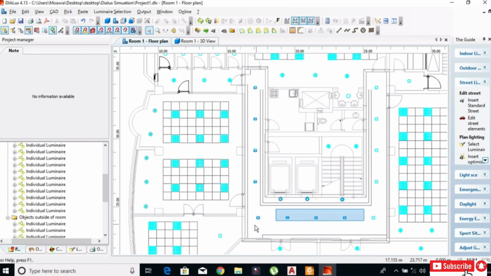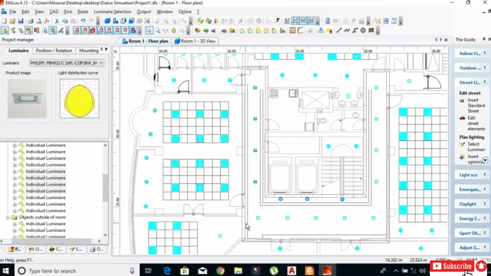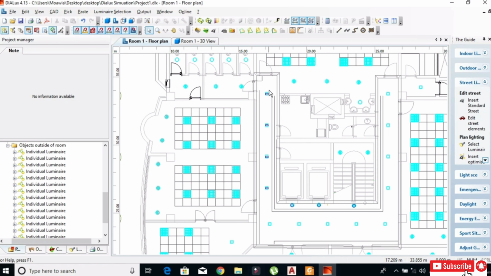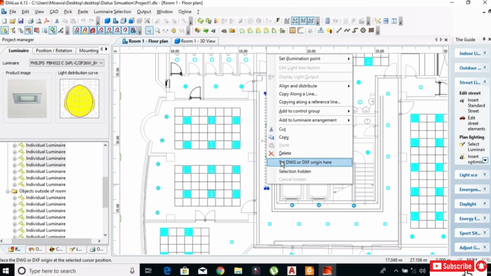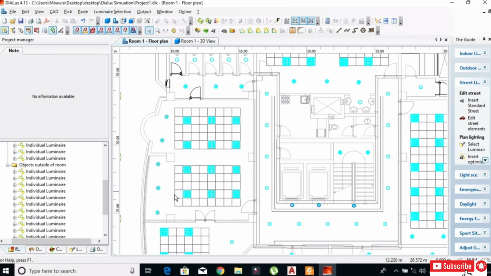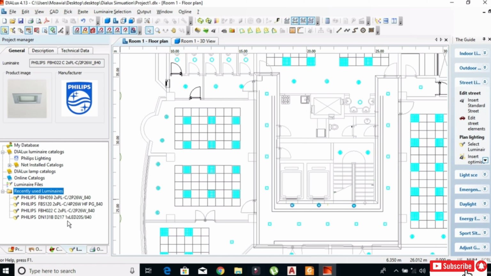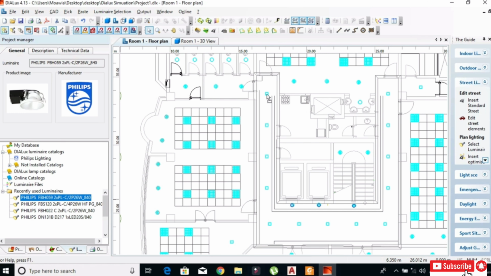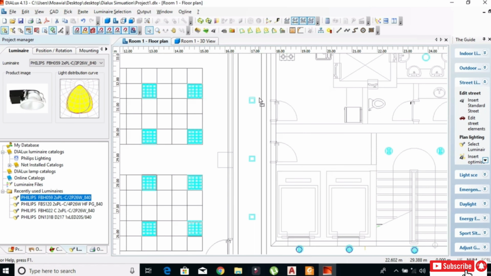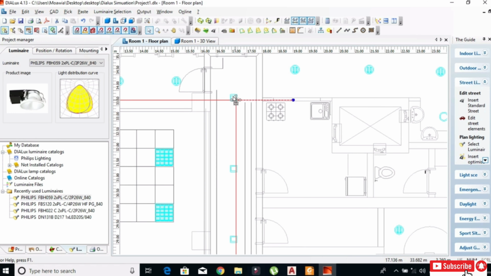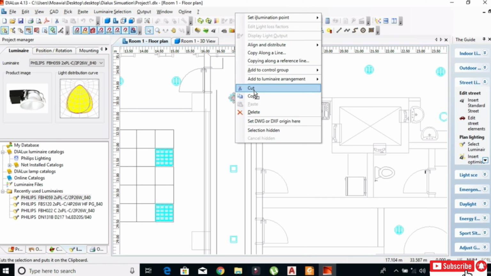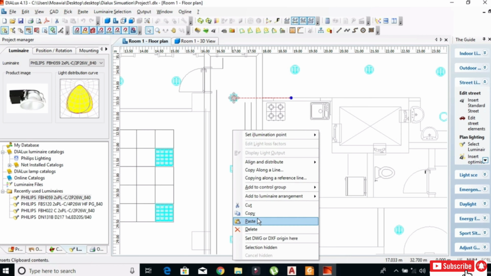Here also delete. I press Del on the keyboard. Also I can delete by right click, delete here. Now I will import my new luminaire. See? Yes, this is my new luminaire. We'll copy here. After that, we'll do the same things. Copy, paste,